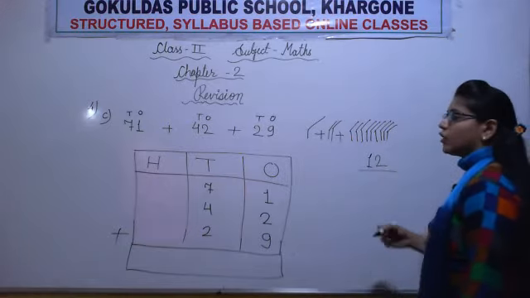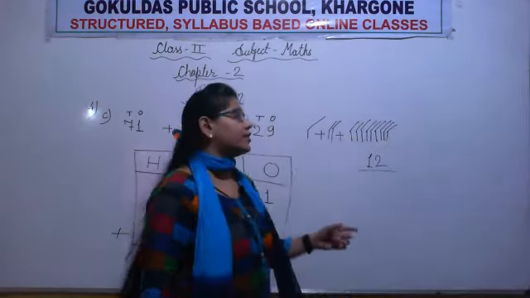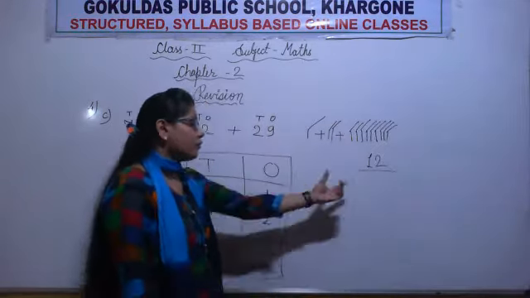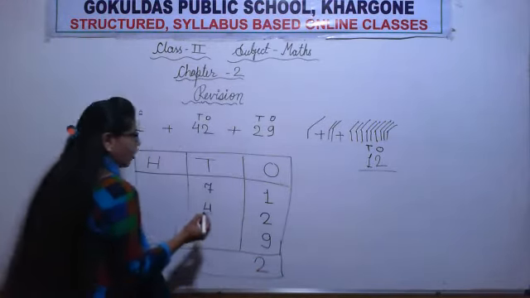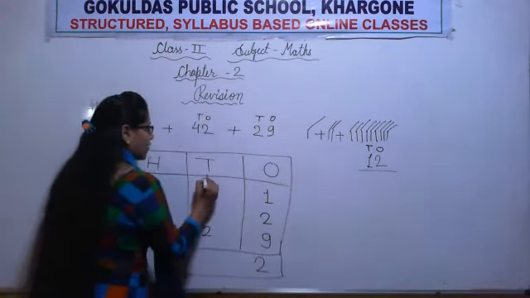Same process we will do which we have done in our previous question. We got a 2 digit answer. So what will we do? We will regroup that 2 digit answer. We added ones, so we will write in ones, and the tens comes after ones, so we will write tens here. Okay. So we will write 2 in the ones column and 1 in the tens column in the form of carry.